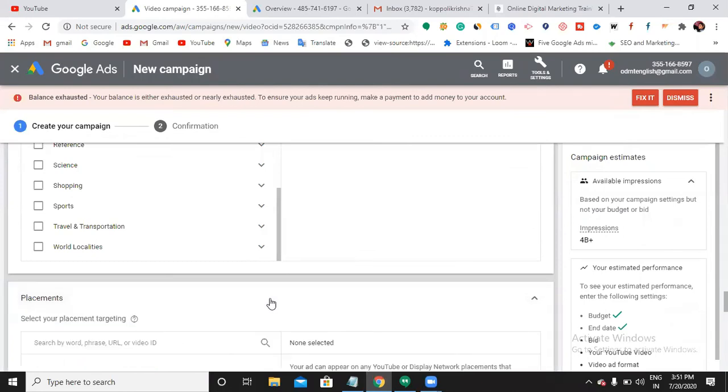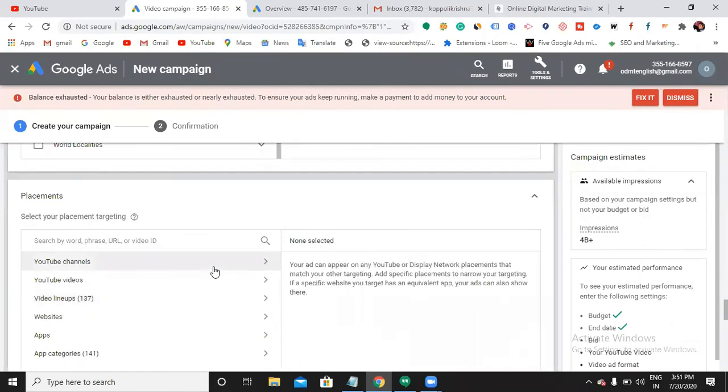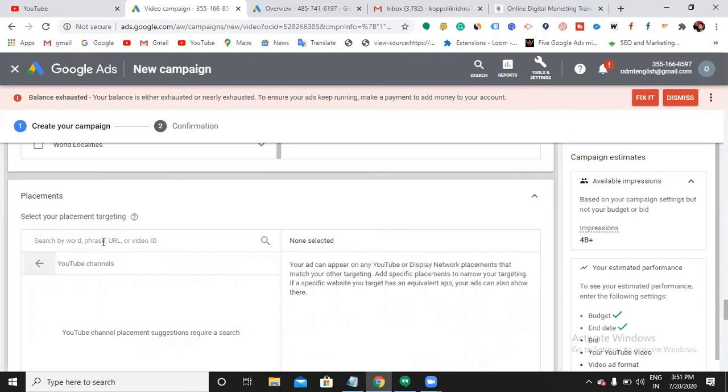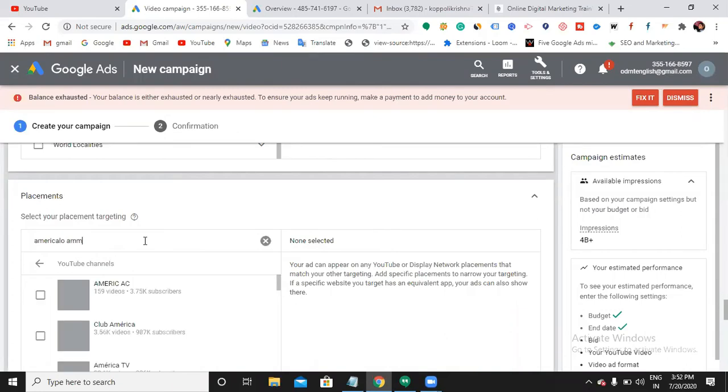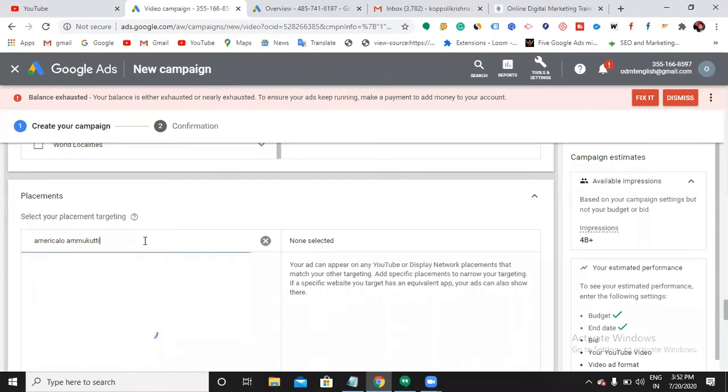Then placement. Placement means where you want to show your ad. Let me search for Americalo Ammukutti.